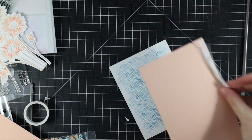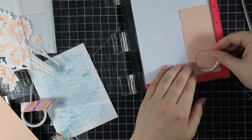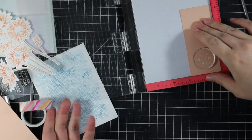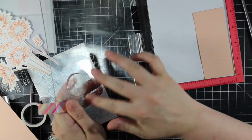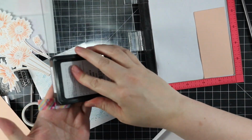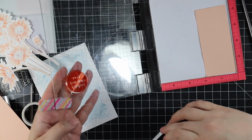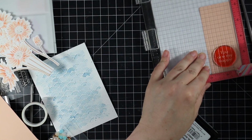So trim that down, and then I also grabbed just a smaller piece of that apricot cardstock, and I'm going to stamp a sentiment from the new Greetings Mix 1 stamp set. And I pulled out some Simon Says Stamp Coral Reef ink and rubbed my finger on the stamp because it's basically a solid stamp and it's brand new, so to get it to take ink and so it stamps smoothly. So ink that up with the Coral Reef ink, stamp that onto the apricot cardstock,